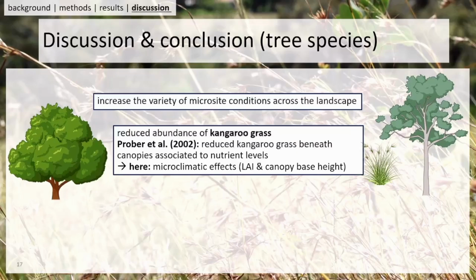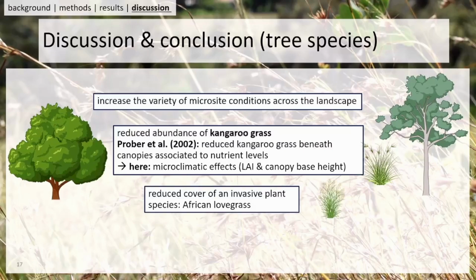A study conducted by Prober and colleagues also found a reduced abundance of kangaroo grass beneath tree canopies, but they did not distinguish between different tree species, and they mainly associated their findings with higher nutrient levels beneath trees. But here I did not really find any difference in nutrient levels between the two tree species, so microclimatic effects are more likely to be